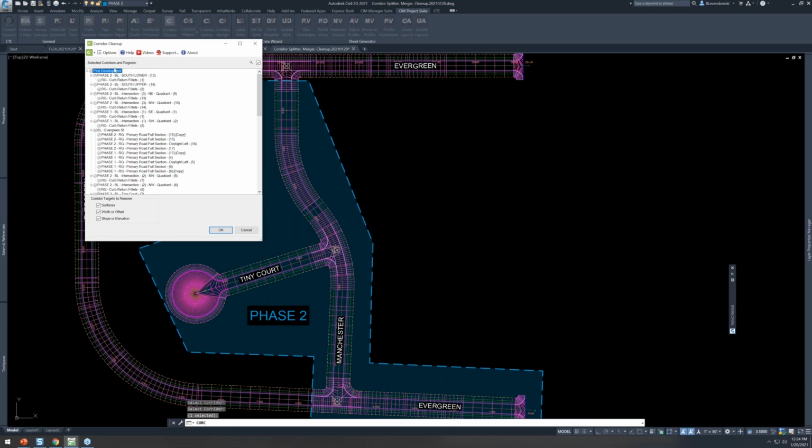If I choose the overall corridor, it'll zoom to the extents of that. And then I can grab any baselines or regions within and then choose to strip surface, width, or slope and elevation targets from that baseline, region, or entire corridor. Now for effect, I'm gonna leave them all on so you can get a sense of what it can do, but it would be unique every time you use it. Maybe it's just this intersection, the cul-de-sac or something. In that case, we could